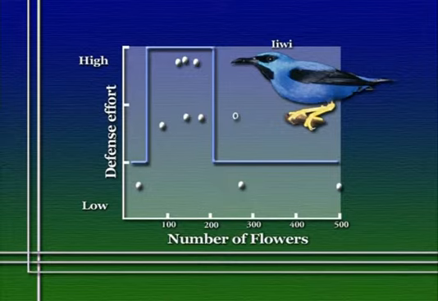As flower density goes down below some threshold, territorial behavior ceases. As it goes up above some threshold, again, territorial behavior ceases. So this kind of evidence suggests that there really is a relationship between the benefits of performing a behavior, in this case territoriality, and the costs associated with that. And that the animal is essentially, not consciously, but effectively making some decision as to whether to be territorial or not, depending on this benefit to cost ratio.